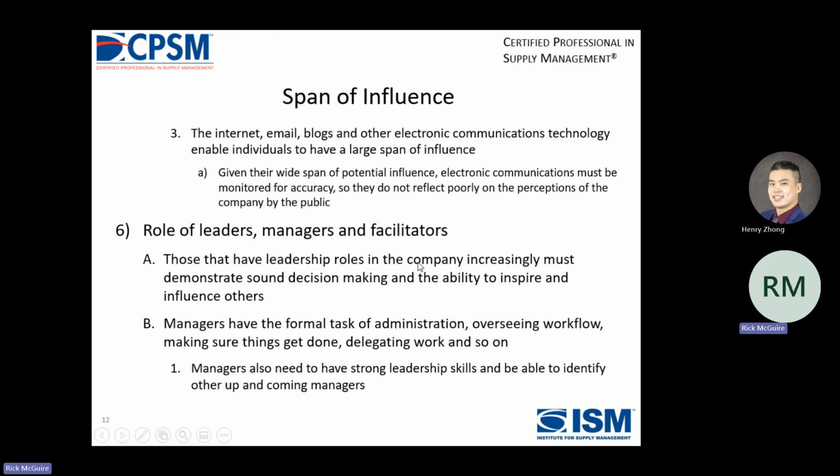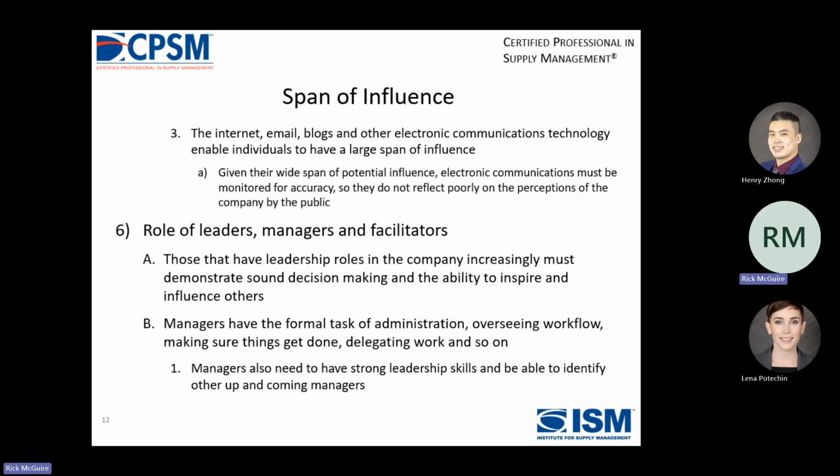Roles of leaders, managers, and facilitators. So those that have a leadership role in the company increasingly must demonstrate sound decision-making and the ability to inspire and influence others. And managers have the formal task of administration, overseeing workflow and making sure things get done, delegating work, and so on. A manager also needs to have strong leadership skills and be able to identify other up-and-coming managers. So we'll cover the difference between managerial skills and leadership skills in a coming